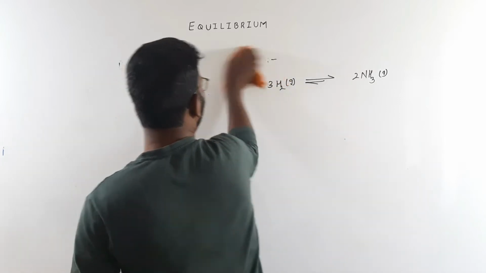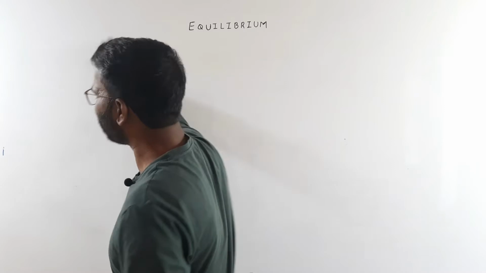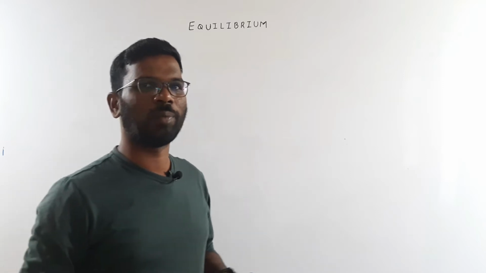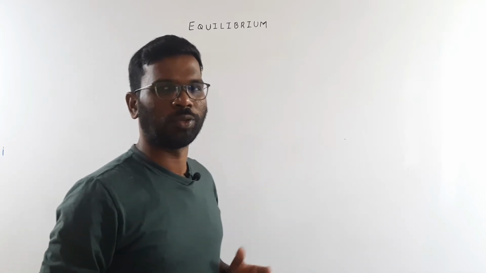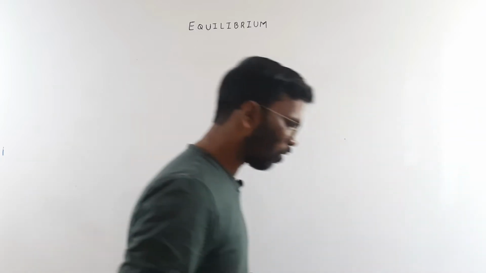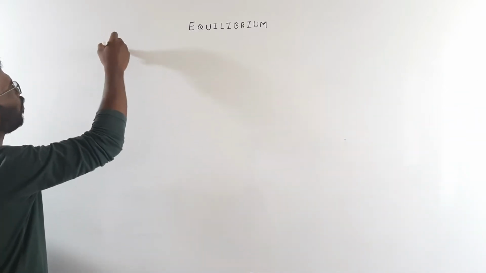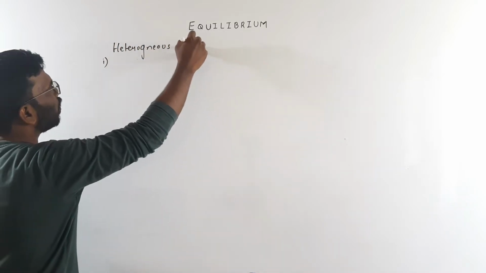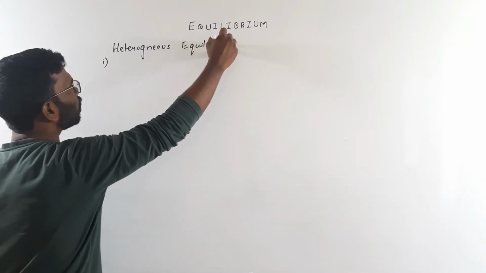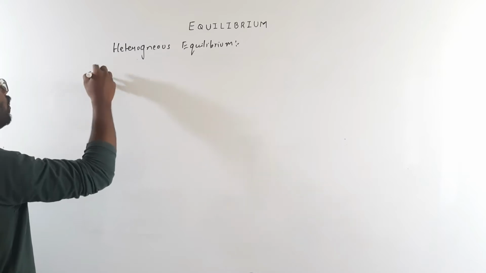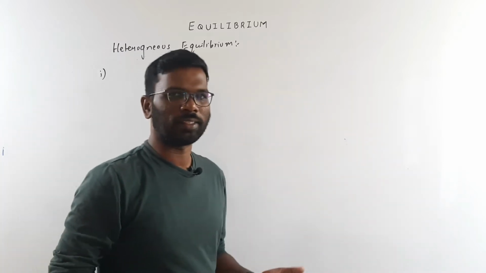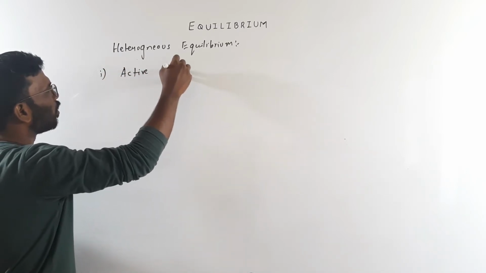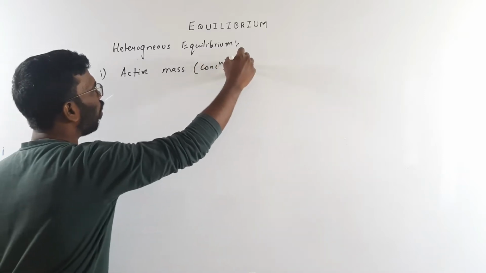So we are done with the homogeneous and the heterogeneous equilibria. Let us understand how to write the equilibrium constant for the heterogeneous equilibrium. The thing is, the active mass of the solid is unity. First condition: if there is a solid along with gases and liquid, then the active mass, meaning the concentration of the solid,